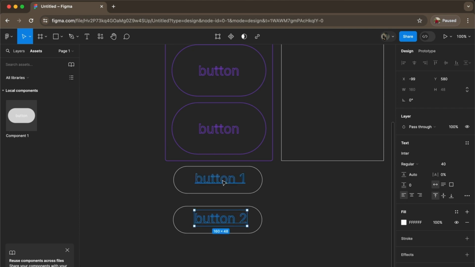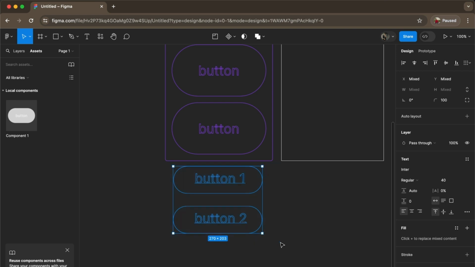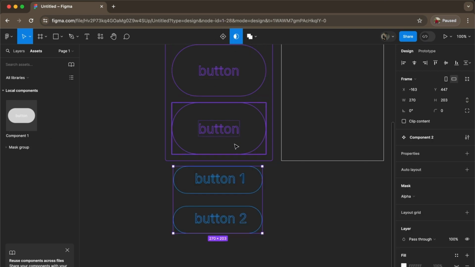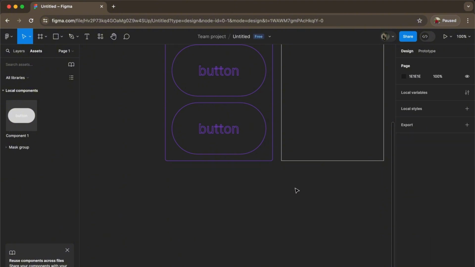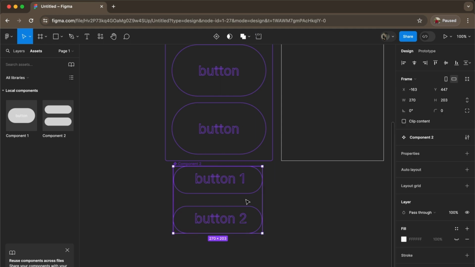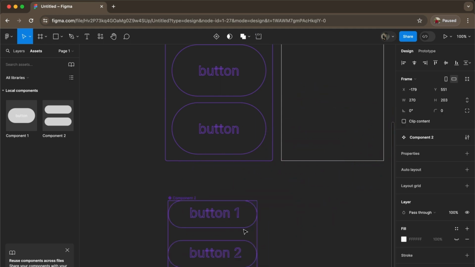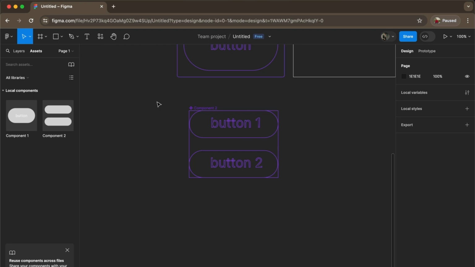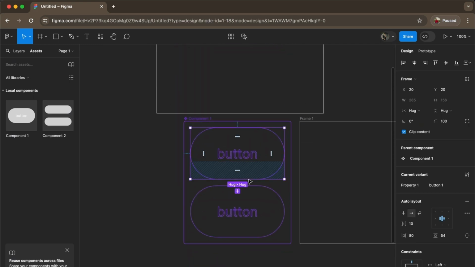So there you go. From there, all we have to do is select this all, and then we go here. Oh no, it disappeared. So let's go here. Now it's component, and then let's just drag it right over here for a while. So here all you have to do is drag this hug to the second